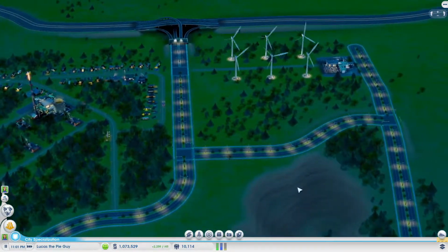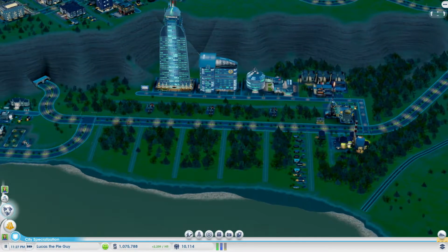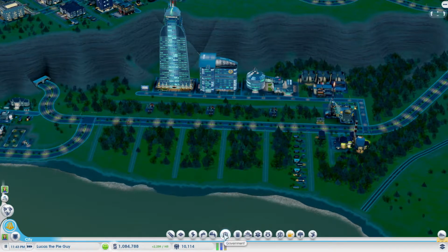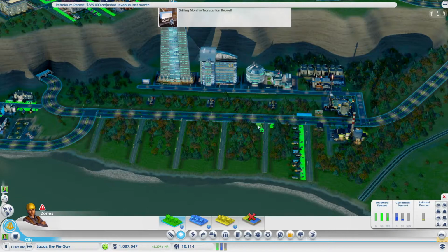So we can actually stick some people here as well. But let's stick some more down here. And try not to throw off the balance of the city too much. What is the city barking at me about? Traffic? I'm not worried about traffic. And a city hall module available. That could be a little fun, actually. We could put a fun building